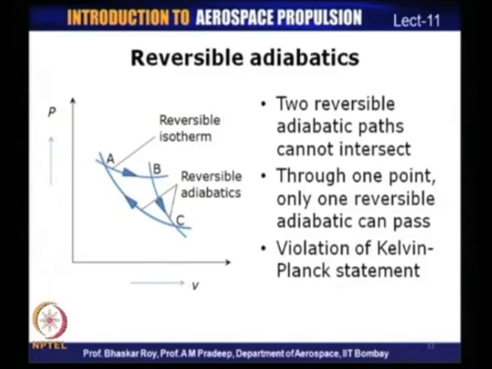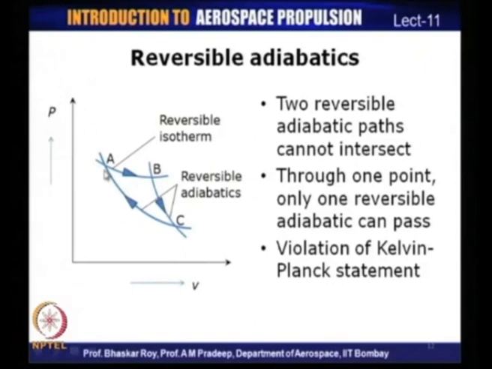Together these three different processes form a cycle, but since there is a net area under this curve, it means that there is a net work output by this particular set of processes, while it is transferring heat with only one reservoir, that is basically the isotherm process. So, it is during this process that you would transfer heat to this cycle. So, here we have a cyclic device which is generating a net work output, but transferring heat with a single reservoir, and this is a clear violation of the Kelvin-Planck statement. And so, it proves that reversible adiabatic processes cannot intersect.